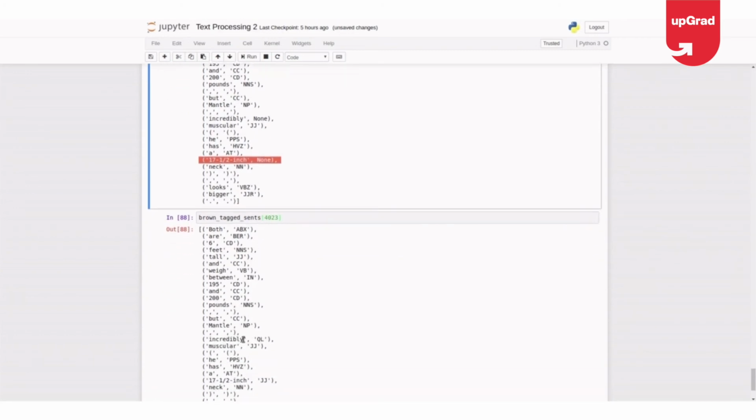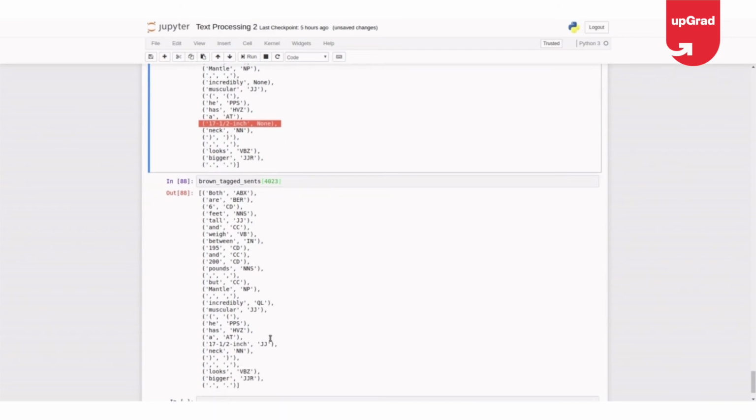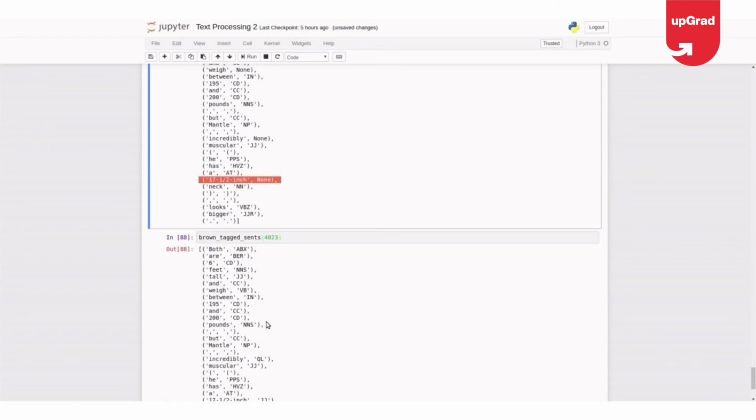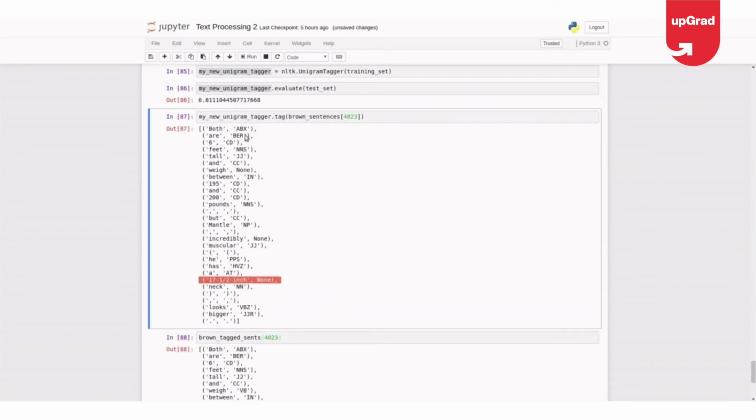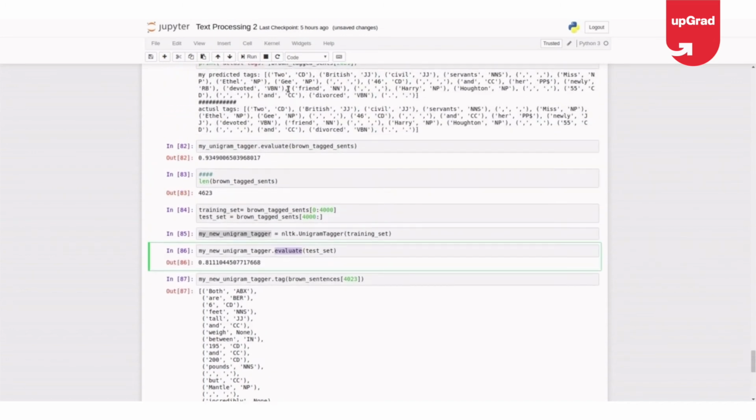Here actually incredibly is QL, 17 inches adjective. So my tagger has made a mistake in two parts here, and that's why it is 81% accurate. I'm just trying to show you on one sentence, but actually the evaluation is happening on 623 sentences, and the training has happened on 4000 sentences.